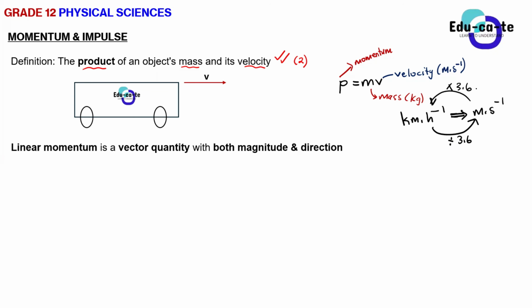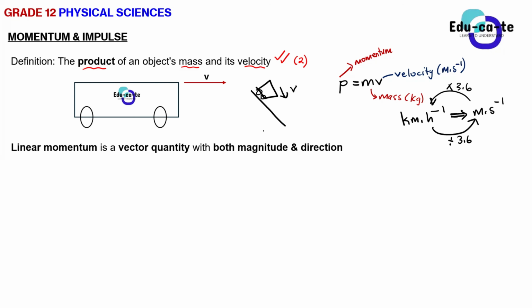So when they're talking about linear momentum, are they talking about something straight? Yes, it's along a line. Linear just means that your object is moving in a straight line. So we don't have inclined planes? Well, an inclined plane is still a straight line to an extent. If an object is moving down the inclined plane with a velocity v, this is a straight line. It is just an inclined one.